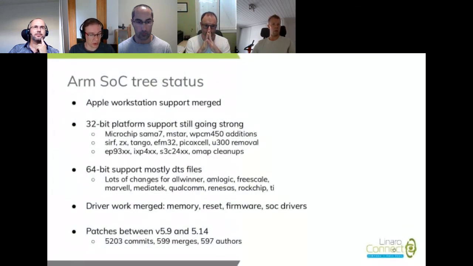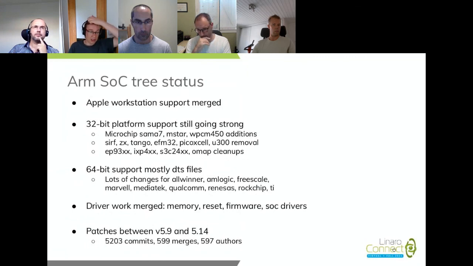The SoC tree also merges some drivers. There are obviously the SoC-specific drivers that don't fit in some other subsystem, for example for identifying which particular SoC you're running on, and firmware that is SoC-specific, but also the reset and memory controller drivers that are maintained by other maintainers, but that can send us updates to have them merged through our tree.